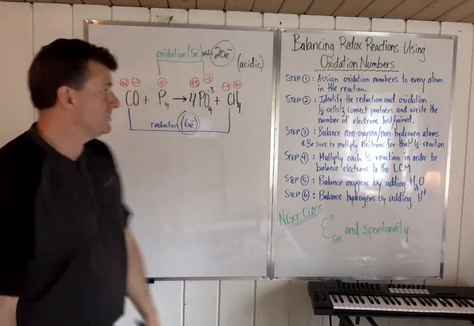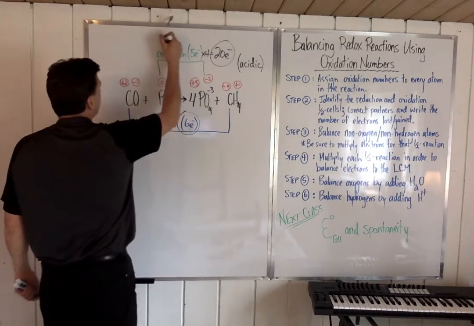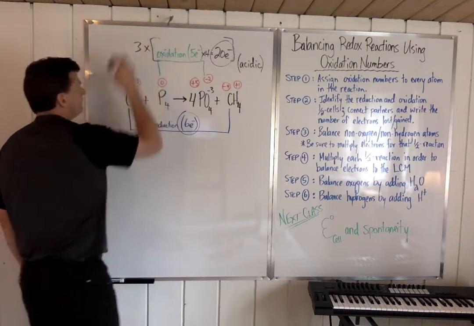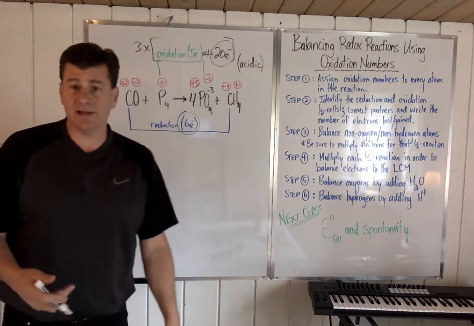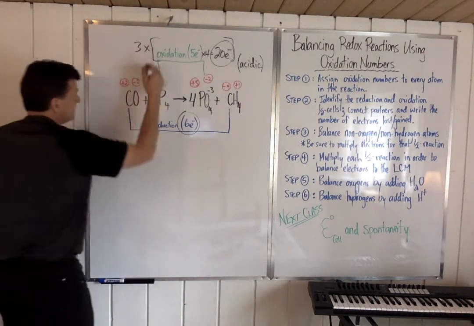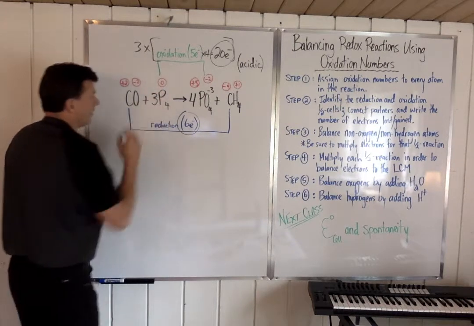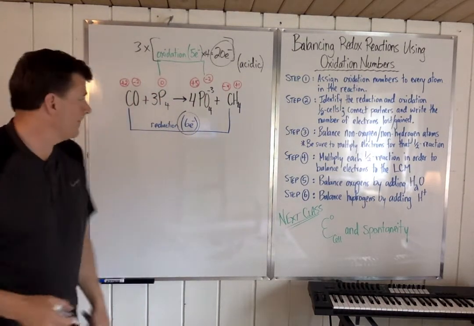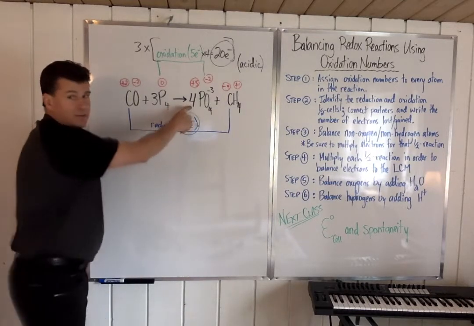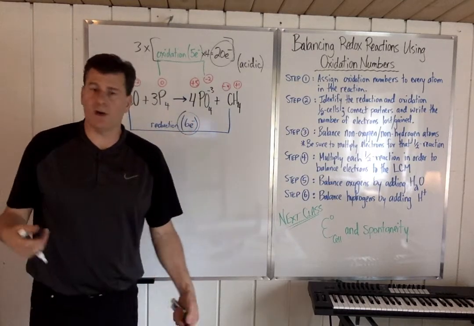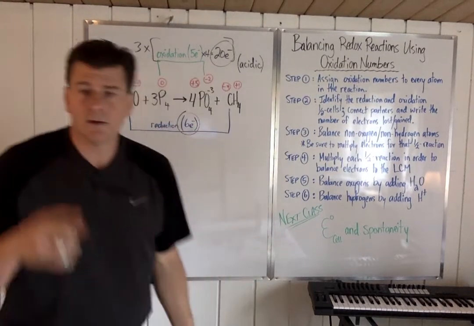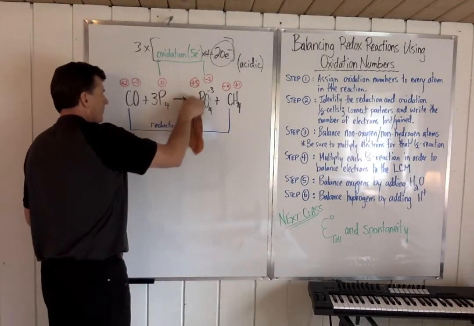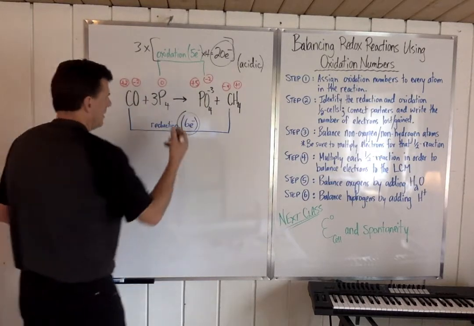So what I'm going to do is I'm going to take this guy and I'm going to multiply by 3. And how does that look? It means that I'm putting a 3 there. I'm multiplying the phosphorus, the P4, by 3. And I'm multiplying this guy by 3. But there's already a 4 there. So I'm going to take that 4, go times 3. I'm going to erase it. And that becomes